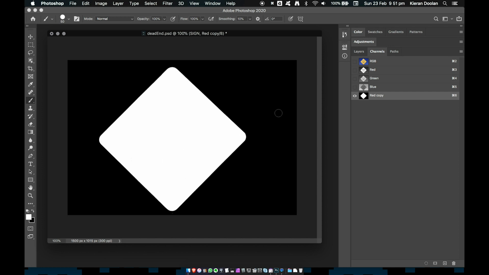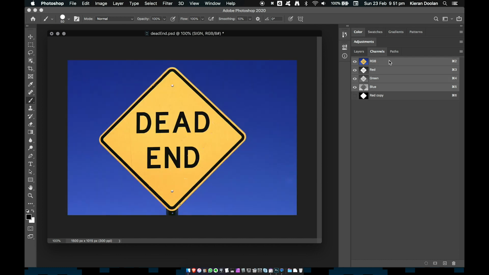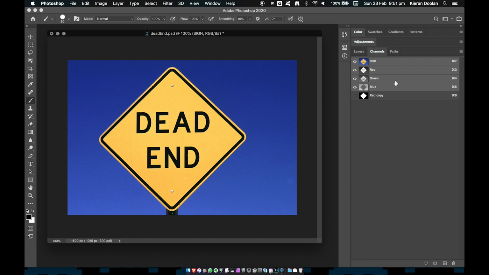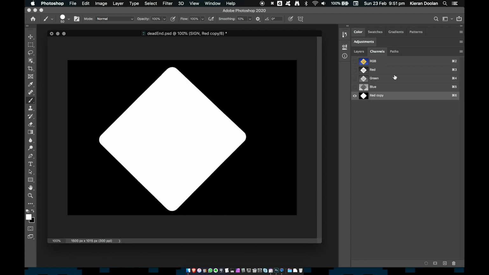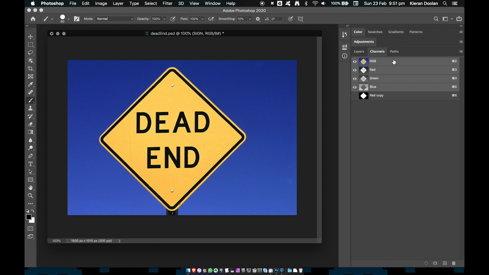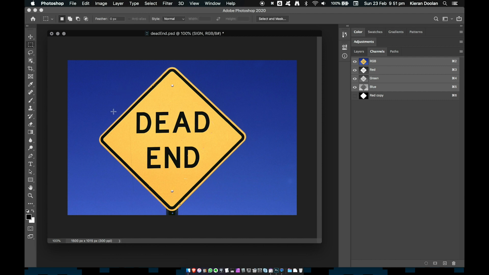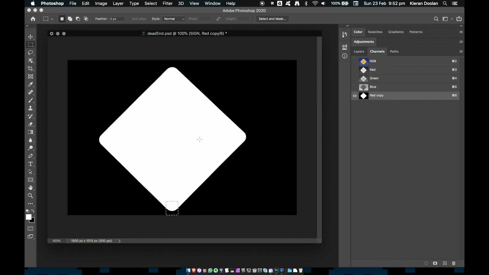And now what I'm left with is a very neat selection area relative to the original image. I perhaps do want to add in a little bit down here. So just with the selection rectangular marquee, painting that in,